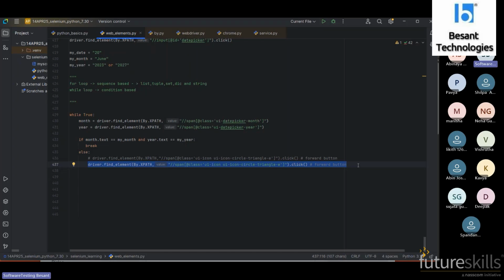Anyone having any idea? Maybe two while loops, one for forward and one for backward. No, that makes your program very hard. One more if condition. We can do it in the same line, in the same else condition. I'm giving the hint.